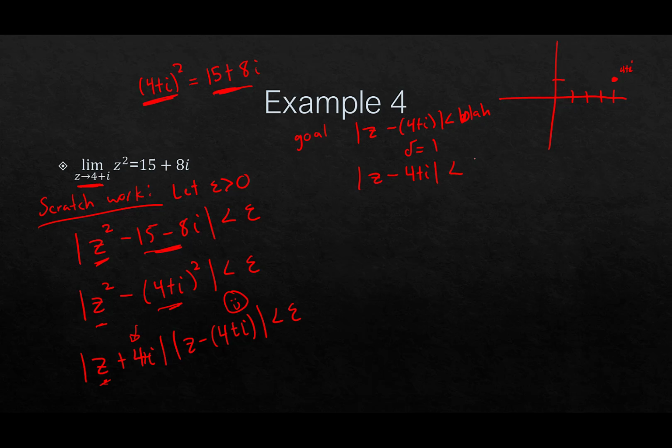Okay, so if the distance between z and 4 plus i is less than 1, or delta in this case, what do we actually get? So that means that if we draw a circle of radius 1, because again, remember we're in complex land now, this means that z has to be within the circle here, okay? Well, let's think about, well, what about here? What does this inequality mean? This inequality here represents the distance between z and minus 4 minus i. So if we draw minus 4 minus i, okay, so here's minus 4 minus i.